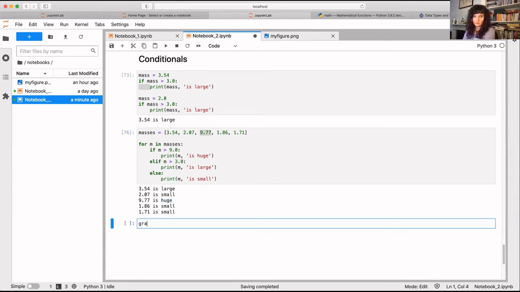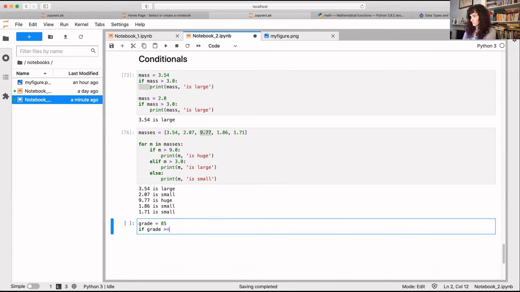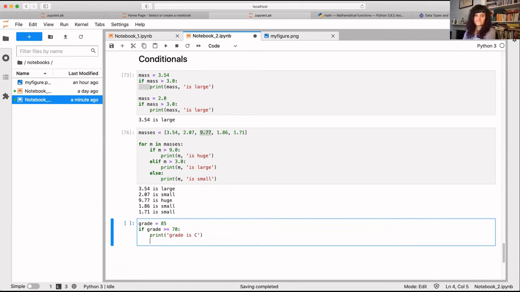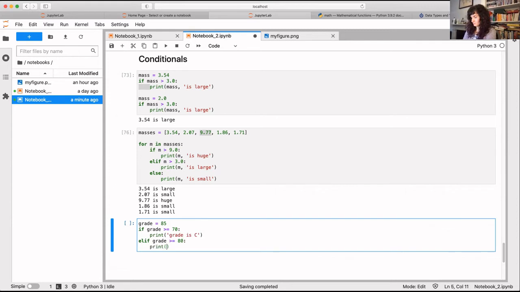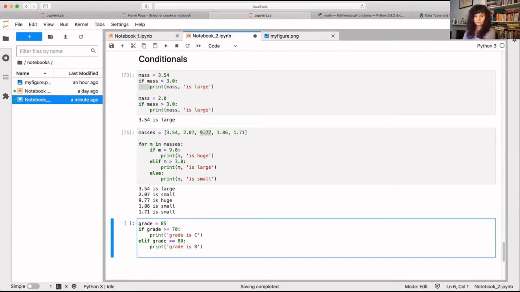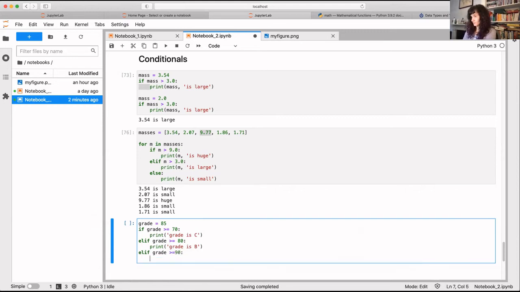Let's look at an example, grade = 85. If grade is greater or equal 70, print grade is C. Then elif grade is greater or equal than 80, print grade is B. And elif grade is greater or equal 90, print grade is A. So what happens here is that